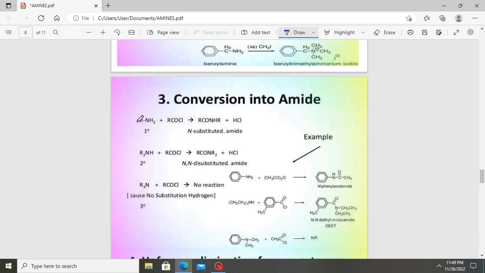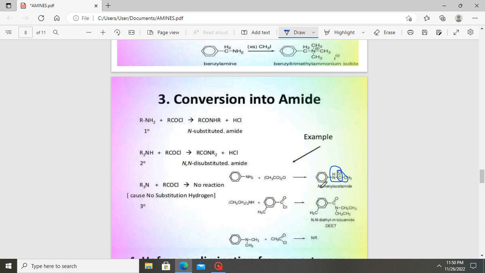Let's look at how amines can be converted to amides. In amide formation, amines can react with acyl chloride to form an amide. When an amine reacts with an acyl chloride, the chlorine will be replaced by the amine, where this chlorine will abstract one of the hydrogens from the amine to form HCl, and these two will interact to form what we call an amide. A typical reaction, this is the structure of an amide. So this is an amide, the functional group. The amido group of an amide is this. This portion comes from the acyl chloride, and this portion,